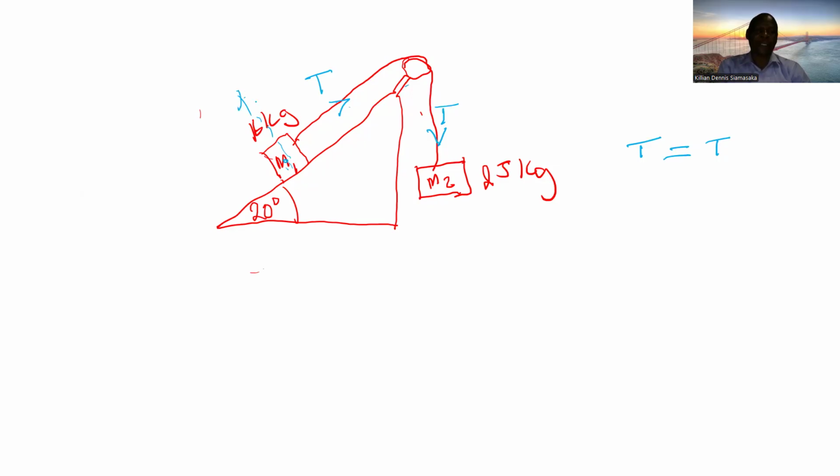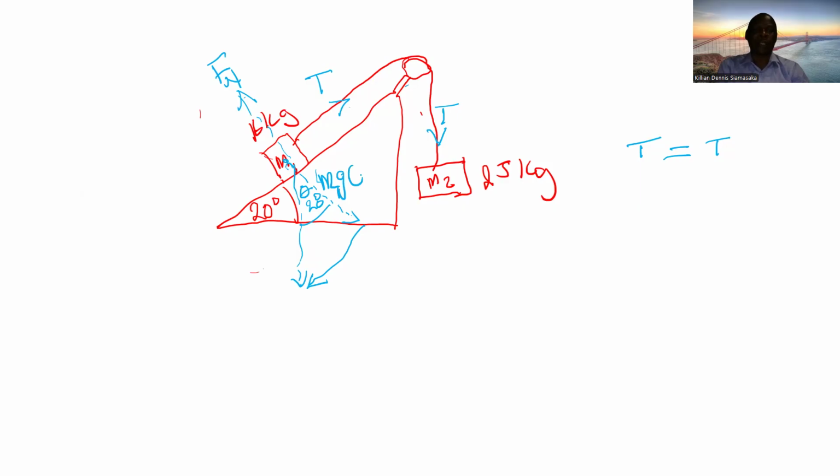And so the other forces that we have is that this object, mass 1, has a normal force, which is similar to the opposing force if we drew a component here. And if this is the weight of this object mass 1, it means that we can draw a triangle, and this is the same angle, which is 20 degrees. This angle here, meaning that this side, which is the same as the normal force, will be mass 1